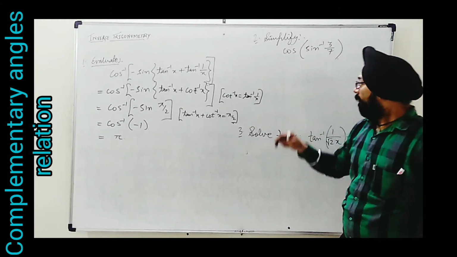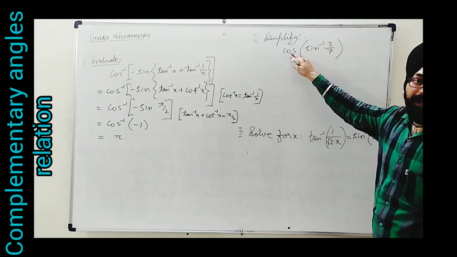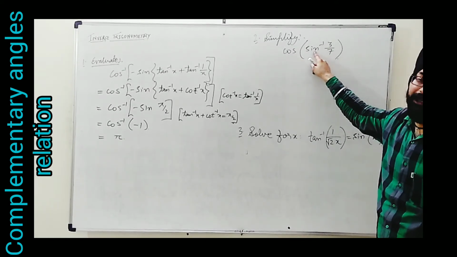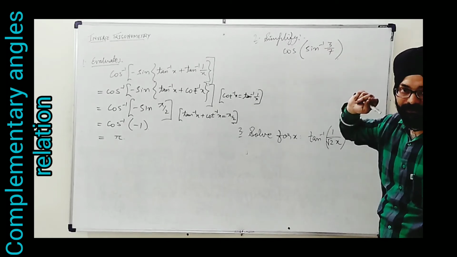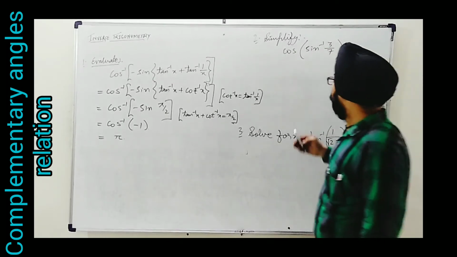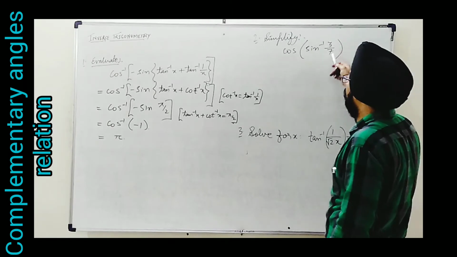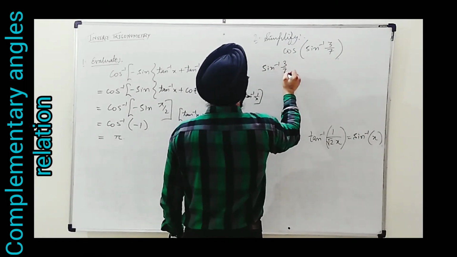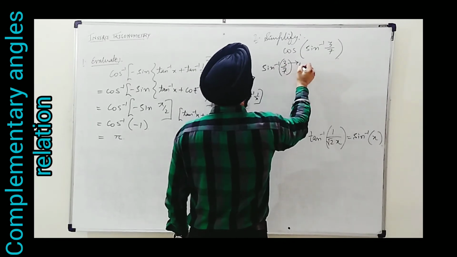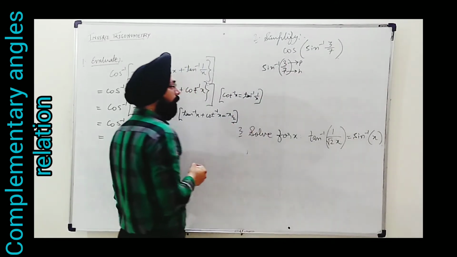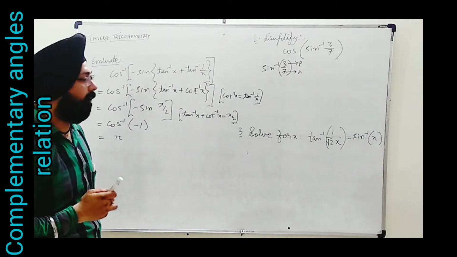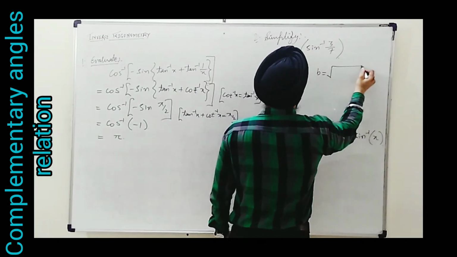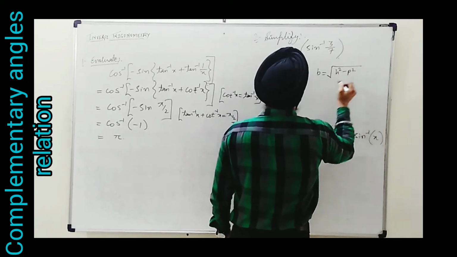Now, we cannot write cos directly as sine, but yes, using Pythagoras theorem, the sine inverse can be converted into cos inverse for sure. So without delay, if I want to convert this sine inverse 3 upon 7, first of all we will do that. Sine inverse 3 upon 7, for sure this is perpendicular and this one is hypotenuse. H is 7 and perpendicular is 3. So using Pythagoras theorem, we need to find the base, under root h square minus p square.